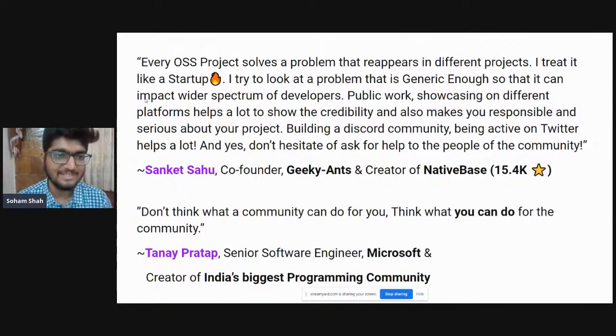So look at that perspective also. I try to look at a problem that is generic enough so that it can have a wider impact on developers. Public work, showcasing on different platforms gives a lot of credibility and makes you responsible and serious about your project. Building a Discord community and being active on Twitter helps a lot. And don't hesitate to ask for help from the people in the community.